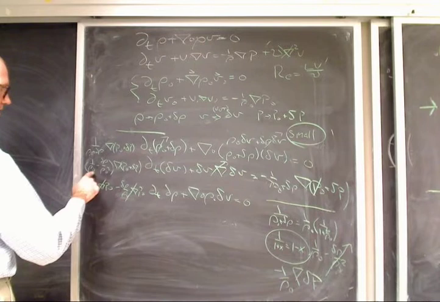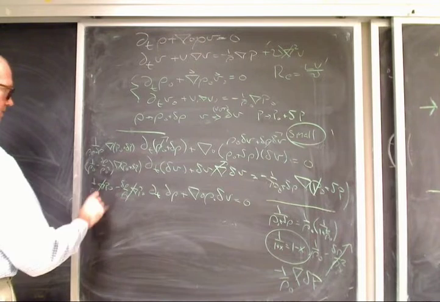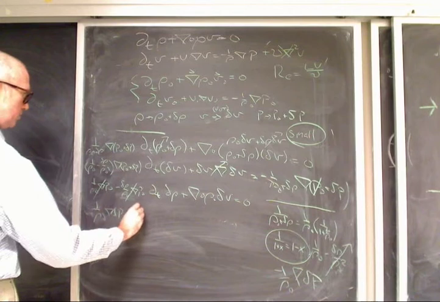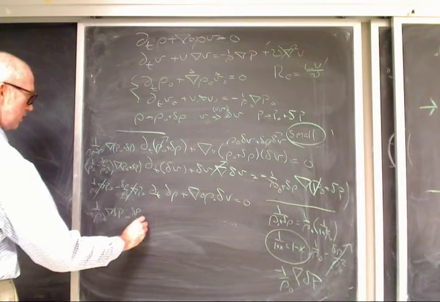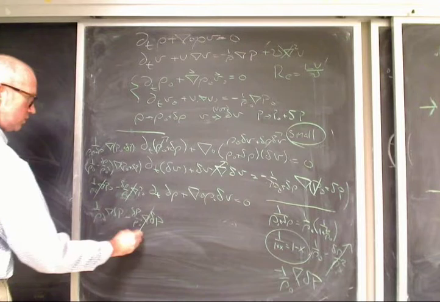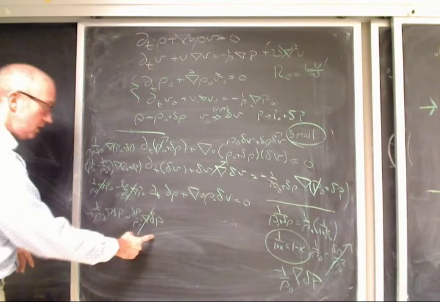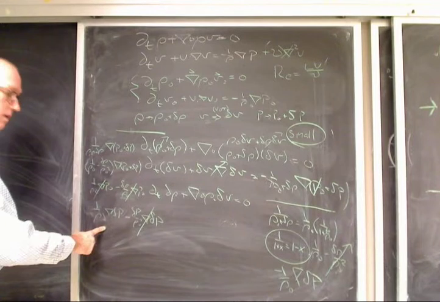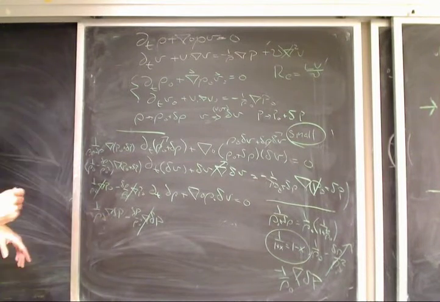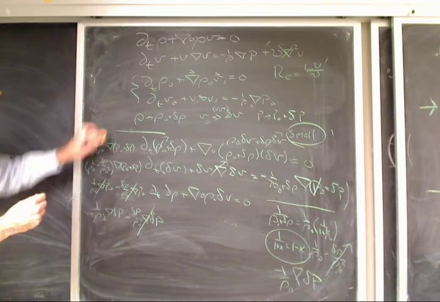And then, so that's the first guys. And then the second guys are 1 over rho naught grad delta p minus delta p over rho naught squared grad delta p. And so this term goes away because it's got 2 deltas. And this is the only term that survives: 1 over rho naught grad delta p. Does everybody get there? So holler if you want me to do any of that slower.